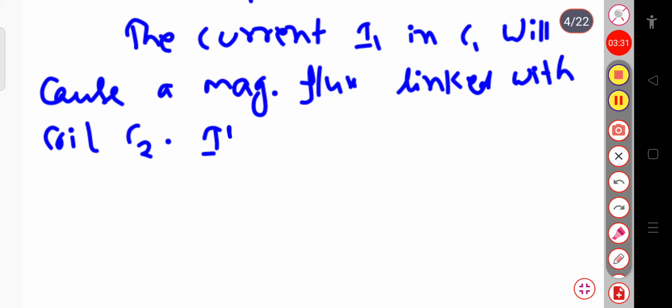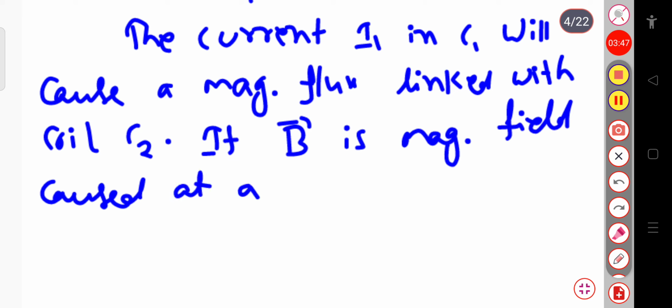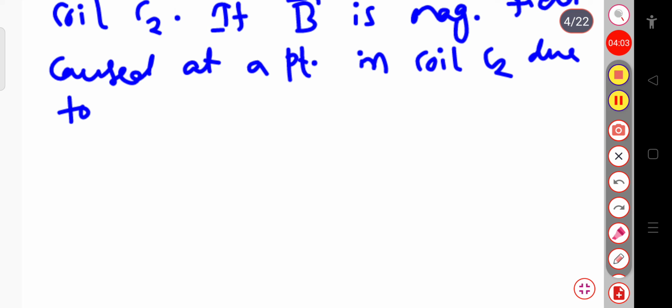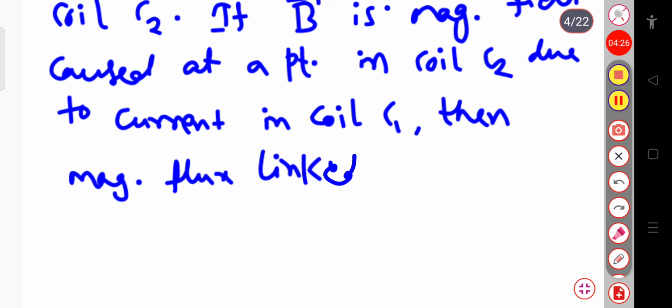If B is the magnetic field caused at a point in the circuit or coil C2 due to the current in coil C1, then the magnetic flux linked with the coil C2